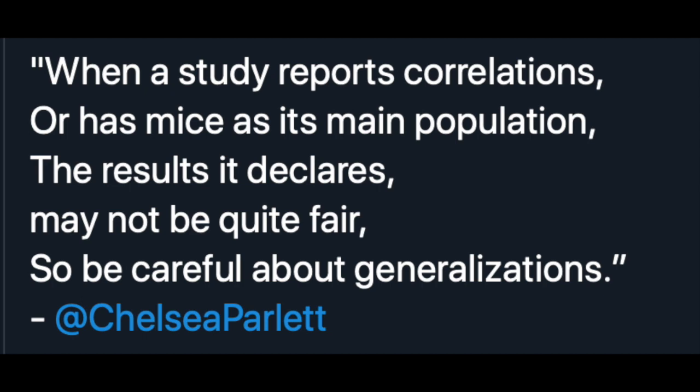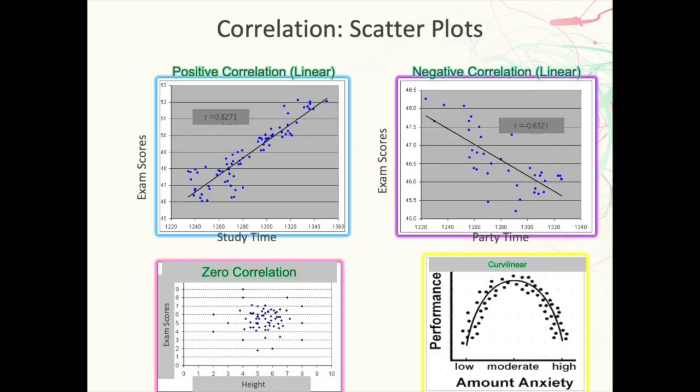So we can represent our data visually using scatter plots. And the way that the scatter plot takes shape will be a visual representation of whether you have a positive correlation, a negative correlation, zero correlation, or what's called a curvilinear correlation. So we'll start with a positive correlation. If you look on the slide, you see that the top left square is representing a positive correlation, and you see the correlation coefficient in there. It says R equals 0.82, we'll call it. And so that is indicating to me that there's a pretty strong positive correlation there. I know it's strong